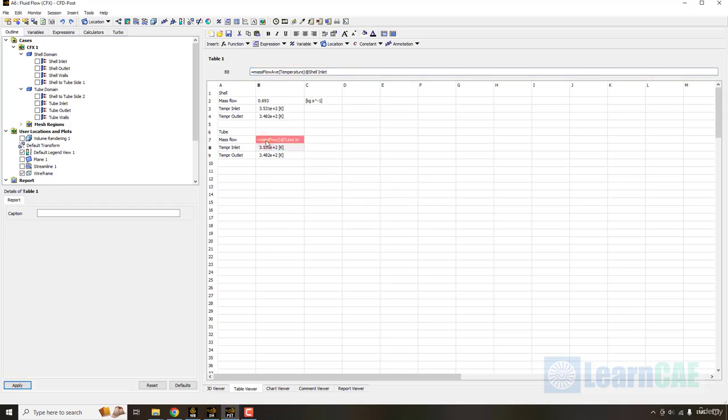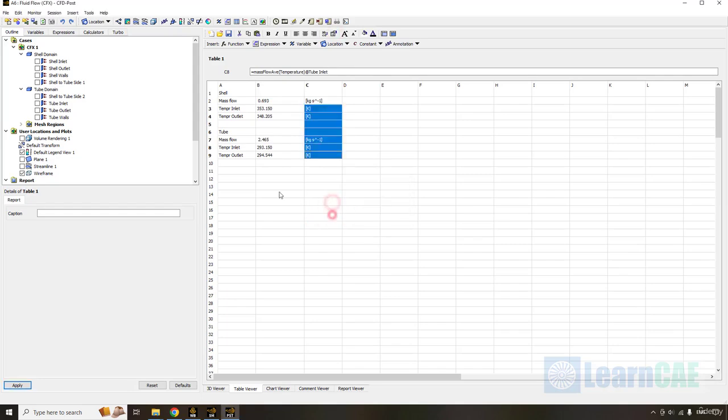Click this. Okay. Next this will be tube. Enter. This is tube. Okay. We can change the format. Go to number formatting, hide the units. We can change the number formatting, select these values, go to number formatting, uncheck show units and keep it as fixed. Click OK. We can also copy this and paste here, select these values, go to number formatting and show